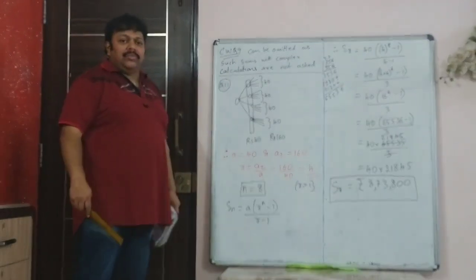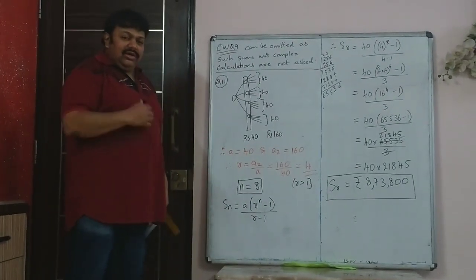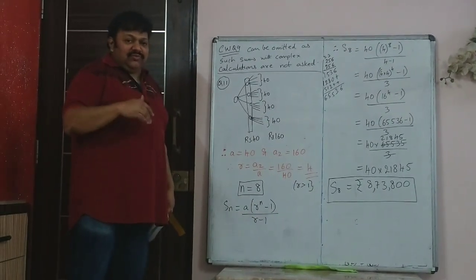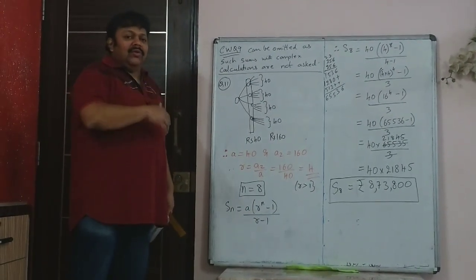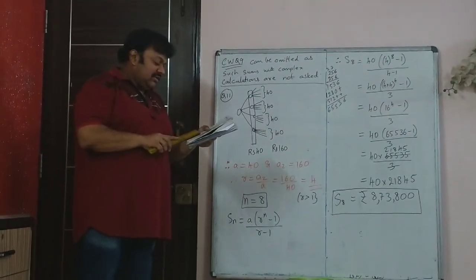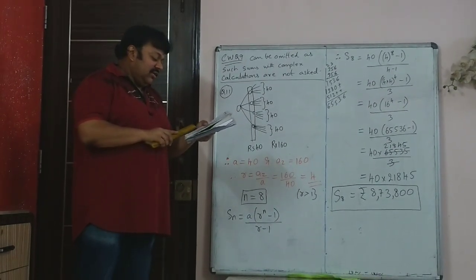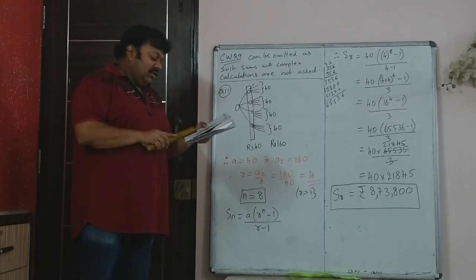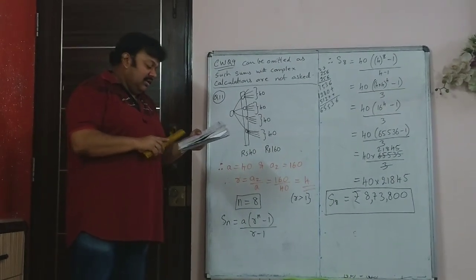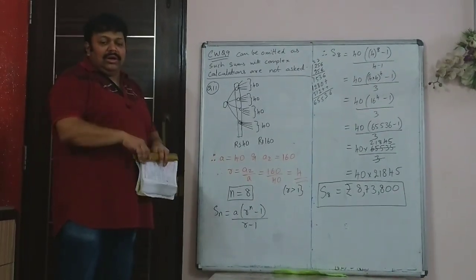Question 11 is a word problem, but it's a simple sum. One person comes to the shop. He is offered a scheme that if you bring 4 people, and each person spends something, then you will get a gift. The question is: a shop starts a scheme to attract customers that each person gets a free gift when he brings 4 of his friends to the shop, and each one pays rupees 10 to the shop. So a very attractive scheme. You just have to pay 10 rupees, you will get some free gift.